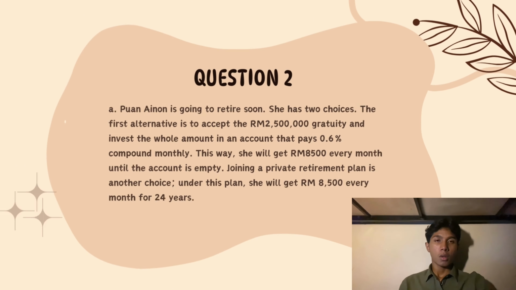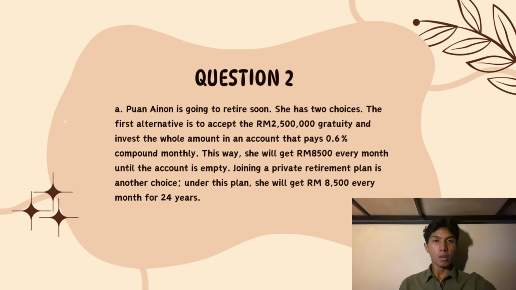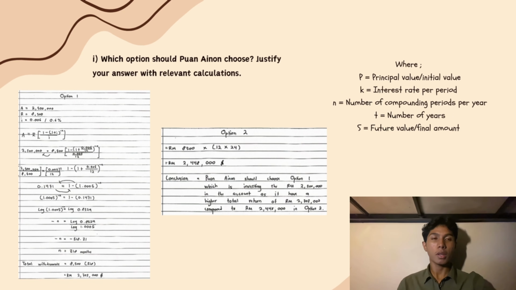2,466.22. For case study 2, part A, Puan Ainun has 2 options for managing her 2.5 million gratuity. In the first option, she invests the gratuity in an account that pays 0.6 interest compounded monthly and withdraws 8,500 each month. By using the annuity formula, we calculate and find that the account will last approximately 318 months or 26.5 years. Over this period, the total amount she will receive is